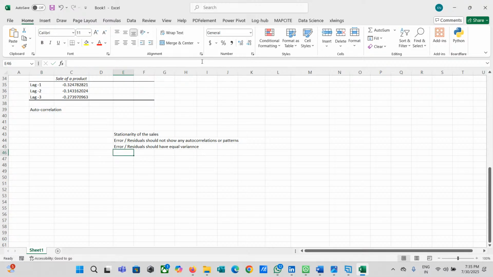We also have to make sure that the error residuals have a normal distribution. These are the important considerations we have to go through to understand whether our ARIMA works very well. So there are various tests we have to perform for this. To understand the stationarity of the sales, we'll perform the augmented Dickey-Fuller test.